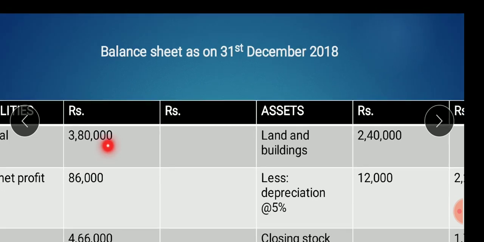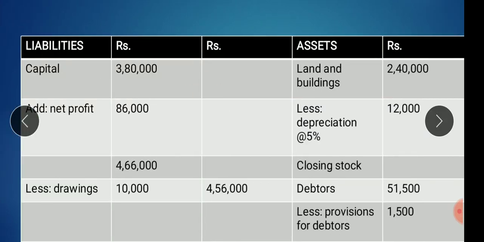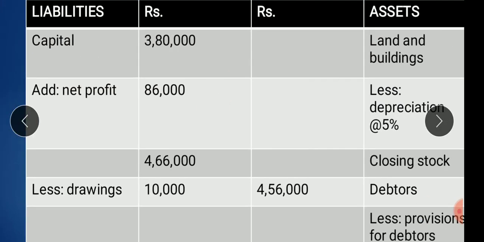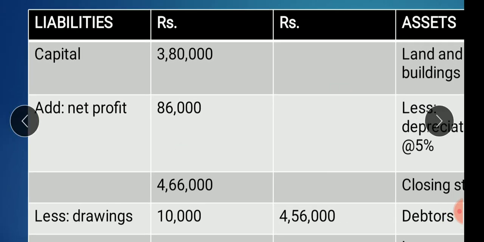Finally, the balance sheet. So on the liability side, capital 3,80,000, add net profit 86,000. So totally 4,66,000 less drawings 10,000. What do we mean by drawings? The proprietor takes some amount for personal use. So 10,000, totally